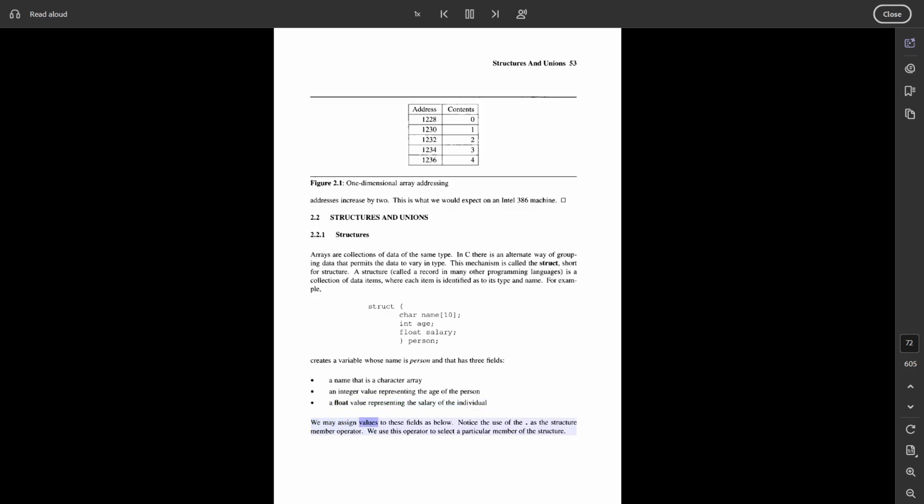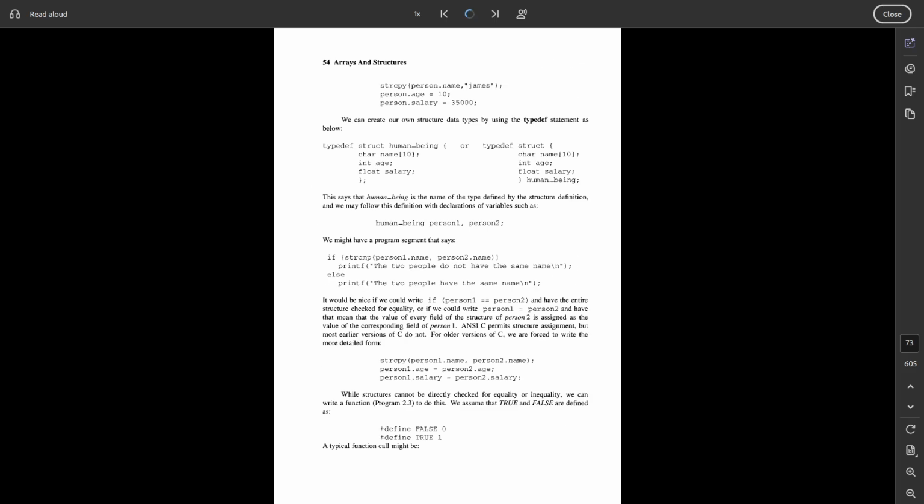We may assign values to these fields as below. Notice the use of the . as the structure member operator. We use this operator to select a particular member of the structure. strcpy(person.name, "James"); person.age = 10; person.salary = 35000;